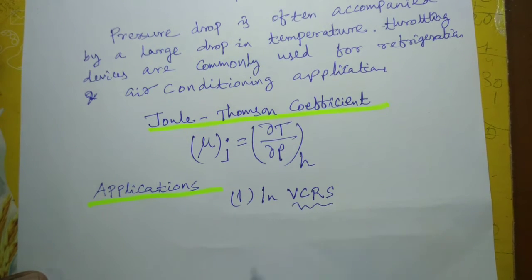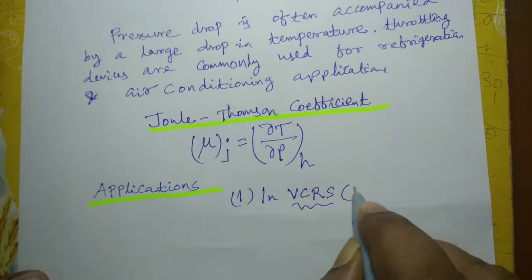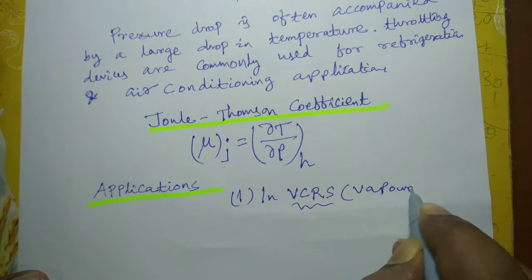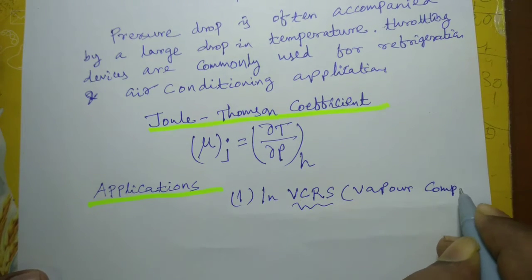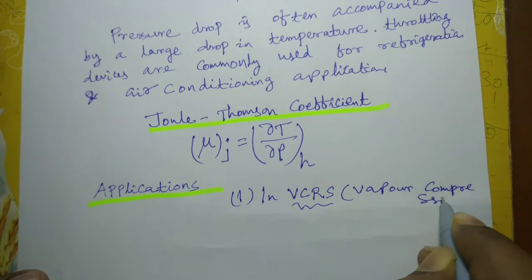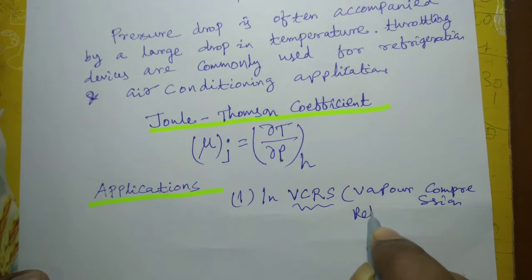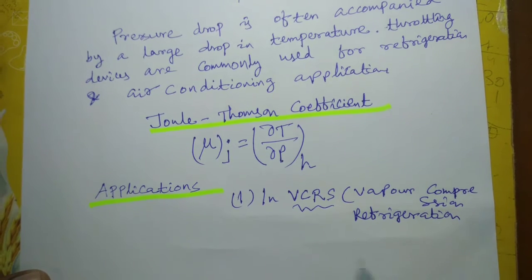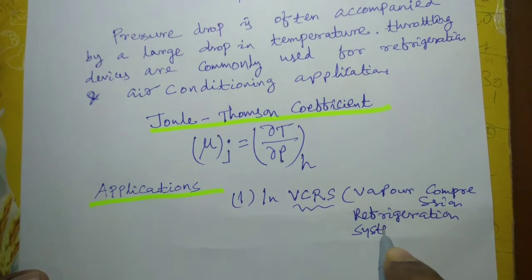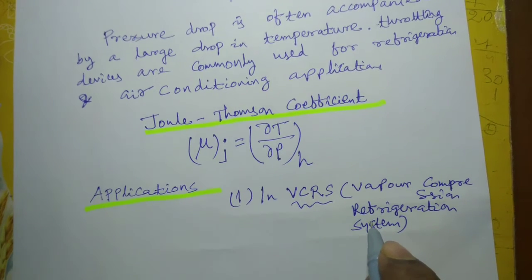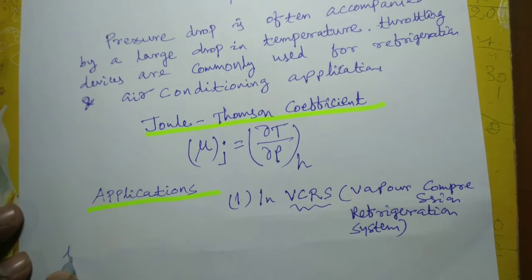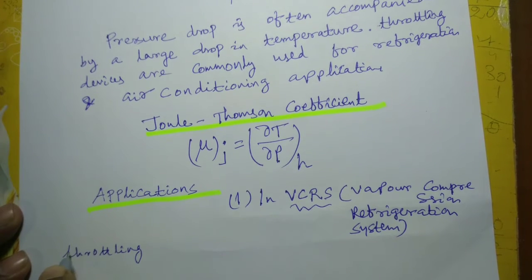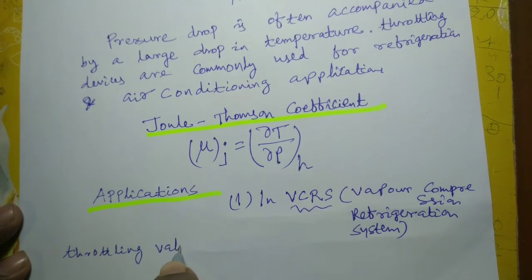This is VCRS, vapor compression refrigeration system. ये VCRS में यूज होता है. Throttling valve is used. This is another example of throttling device. This throttling valve is used to reduce the pressure